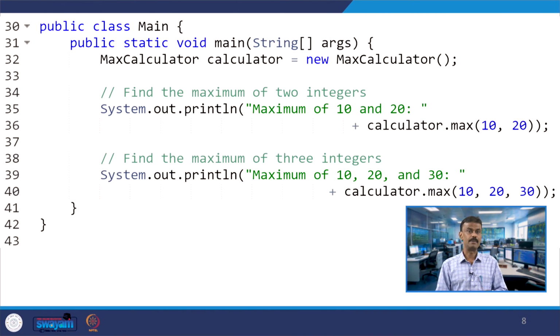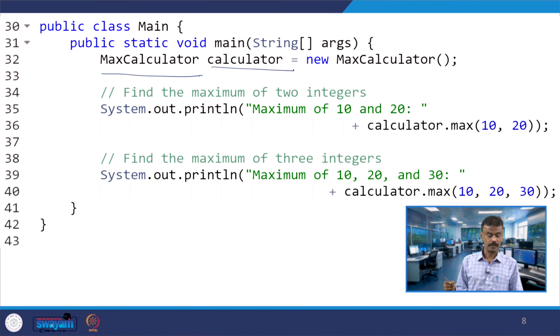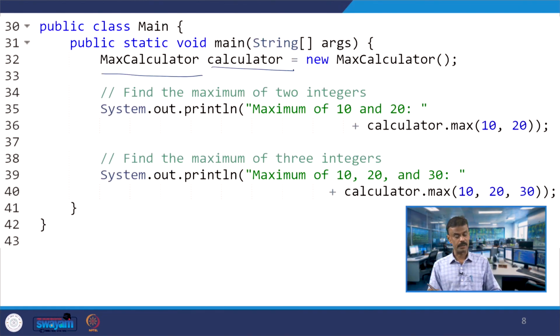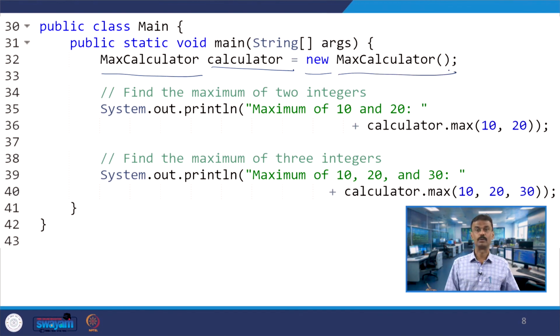Now come to the main program. In the main program you have an object called calculator and the class is MaxCalculator, and with the help of memory allocation using new, you have the constructor called MaxCalculator.